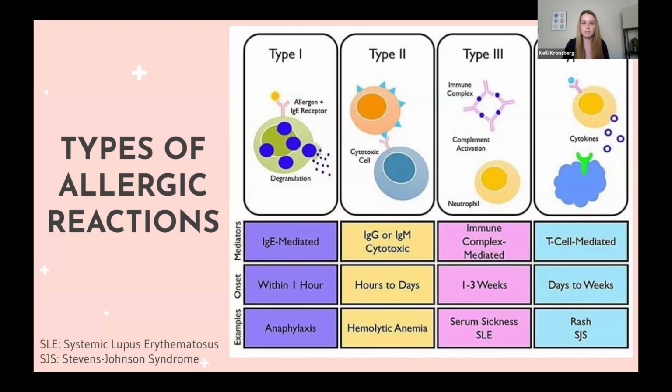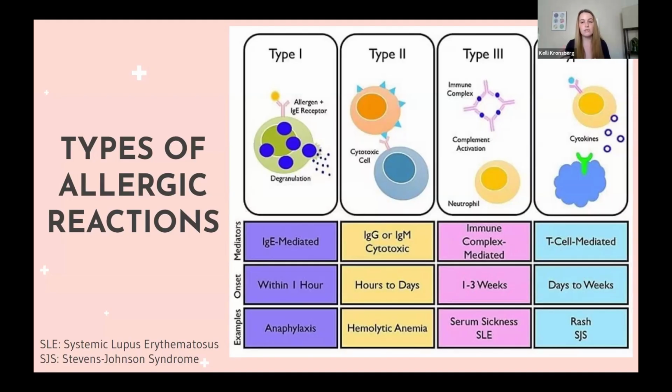So type 1 is going to be our stereotypical, and this is where we have the most data as well for how to manage patients who have a history of an allergic reaction. Type 2 is going to be a little bit more delayed. It's caused by immune globulins IgG or IgM, and these immune globulins are attached to certain cells throughout the body. So when the drug interacts with it, it causes that cell to be damaged or die. And these can be on red blood cells, which we would call anemia when they're going away. And hemolytic anemia is when they essentially burst open those red blood cells. It can be attached to platelets and result in low platelet counts, or even the kidney cells and result in